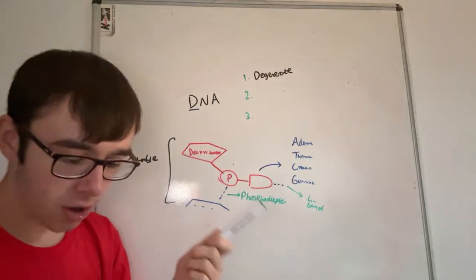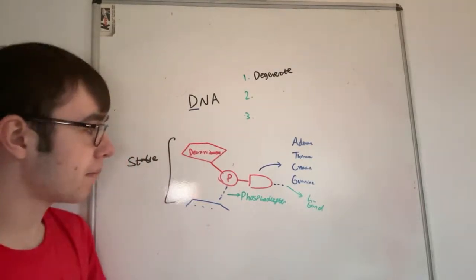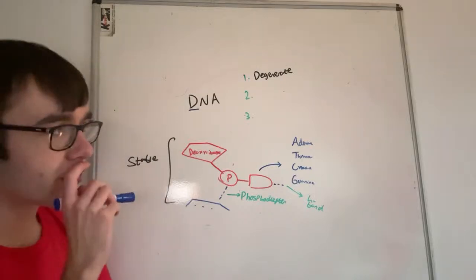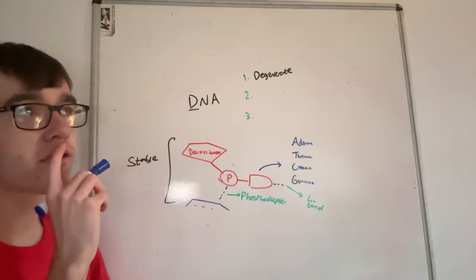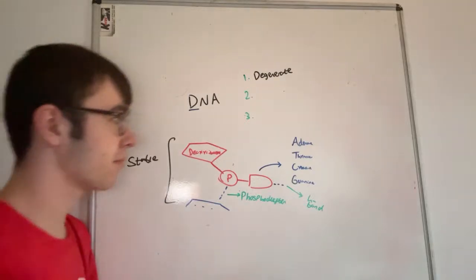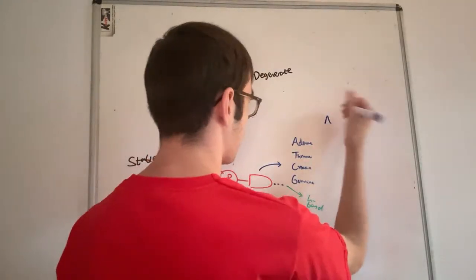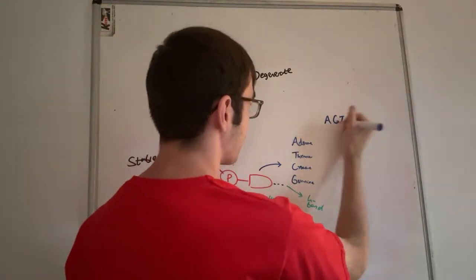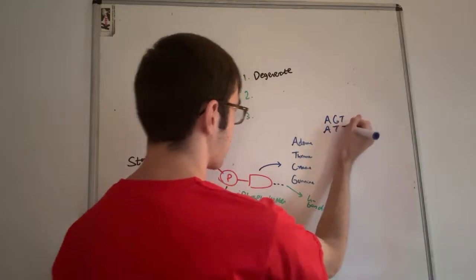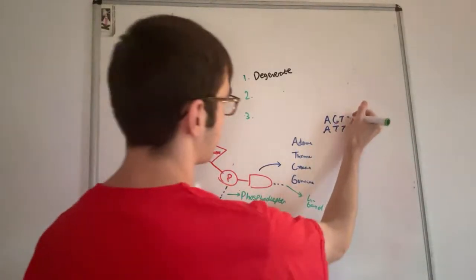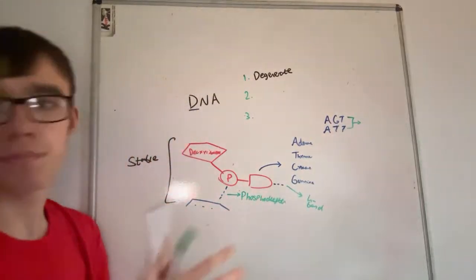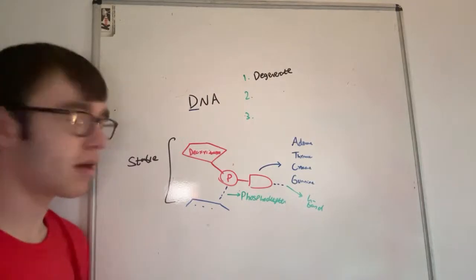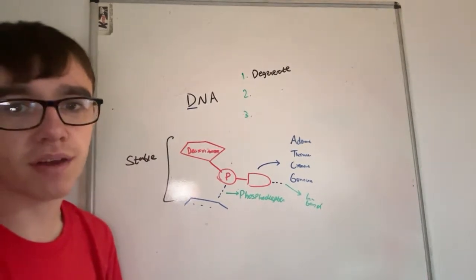Degenerate, by the way, all that word means, I'm pretty sure, is where more than one base sequence can code for the same amino acid. So if we had a combination of like AGT and there was a mutation which led to that, both of those might code for the exact same protein nonetheless. Because it's degenerate. I'm 90% sure that's what it means. But I'll have to check.